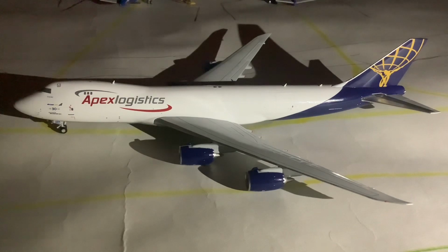So this is the first time this aircraft is appearing in an airport update, and I'm glad I can include it because I didn't really know if I would be able to or when, and it made an appearance sooner than I imagined, and that is what we love to see. So great to see this Atlas Air 747-8F/400, if you want to be realistic here. That was the actual aircraft. Of course, I don't have a model of that one, but